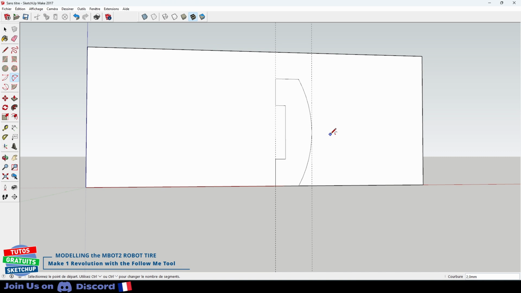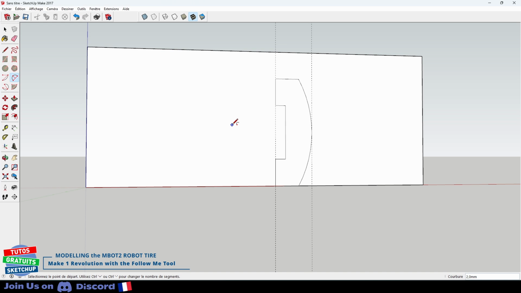This is a mistake that you must avoid in SketchUp. Above all, when we make a mistake, we don't try to fix it by hand. The most important thing is to always click on the undo arrow here, or Ctrl plus Z on the keyboard. For every error, I repeat, it is super important.